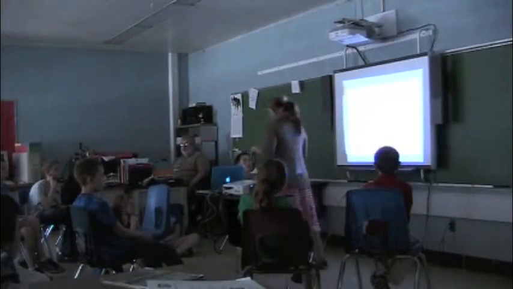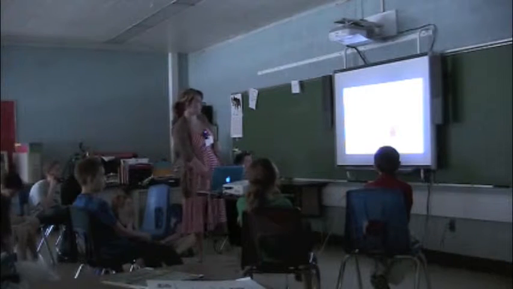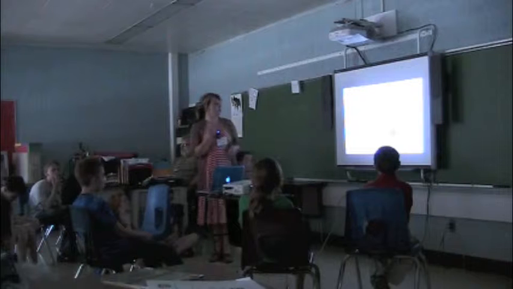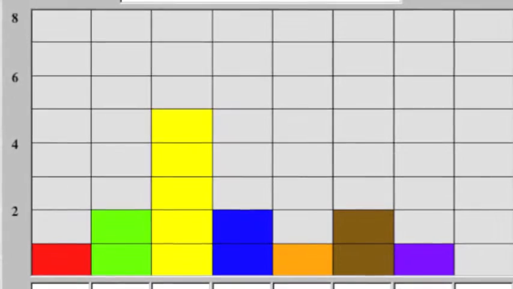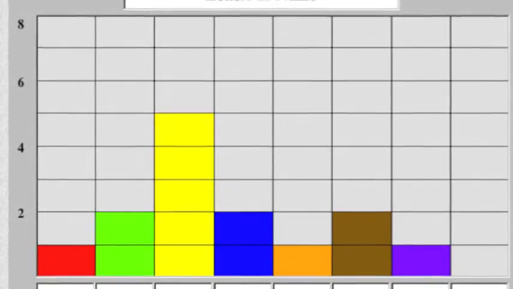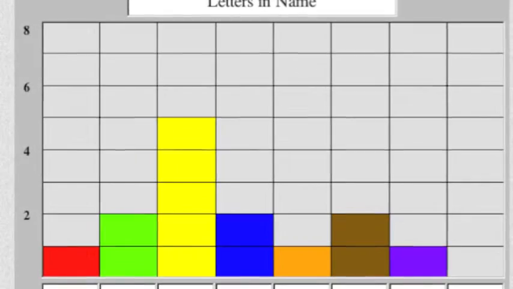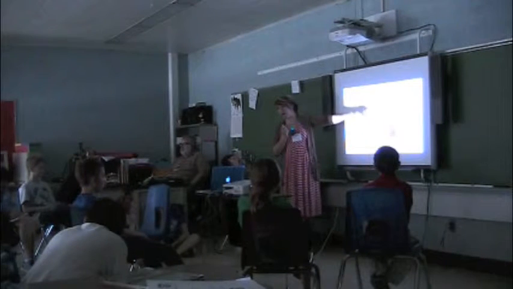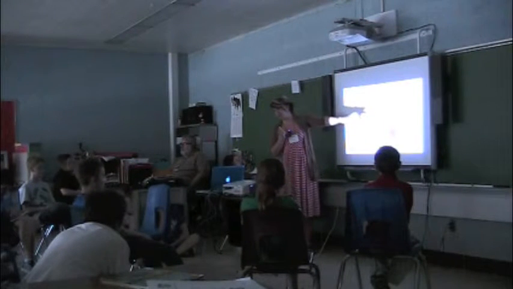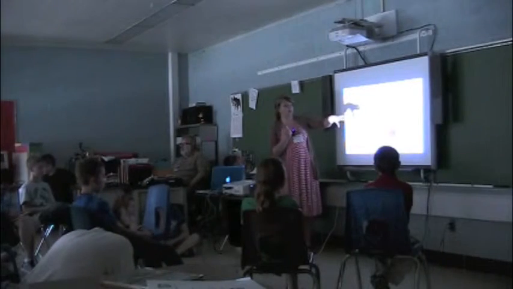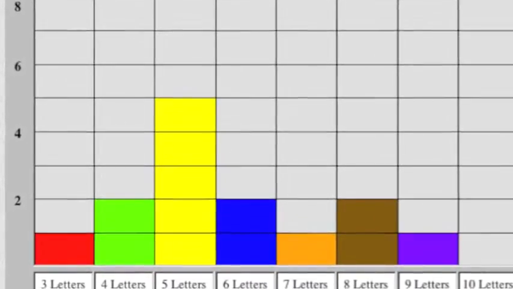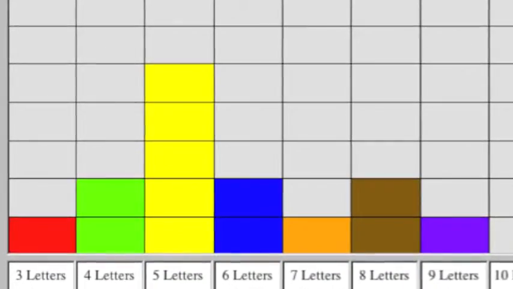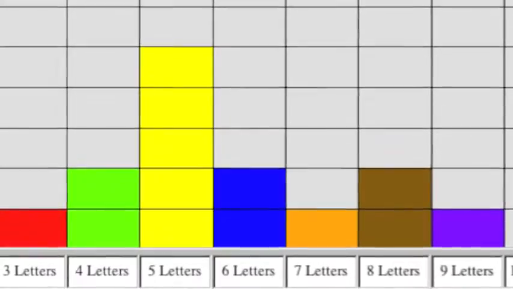The highest bar shows us the value that appears the most often. I address student misconceptions by referring to an example graph of data. The students will create a table and graph similar to the one shown in the following practice activities with the data they collect. Or how many people had the most letters in their name. So we have 1, 2, 3, 4, 5 people with 5 letters. That is our mode, because it is the value that appears the most often.